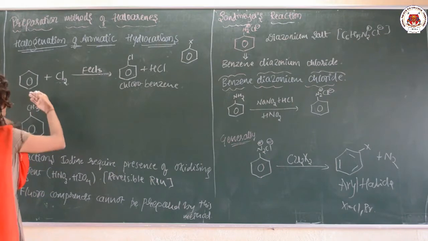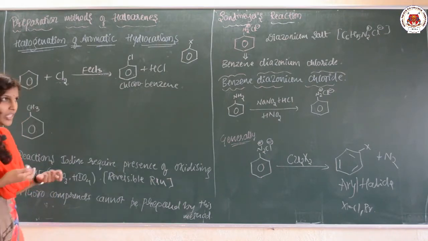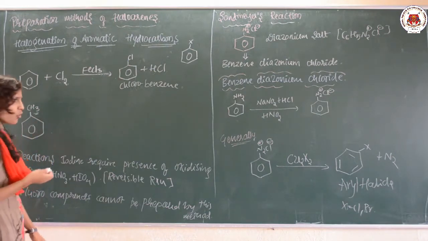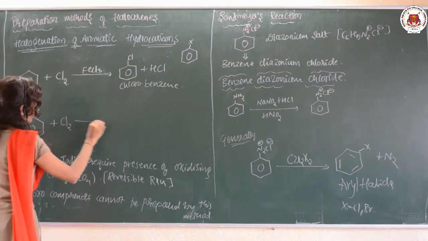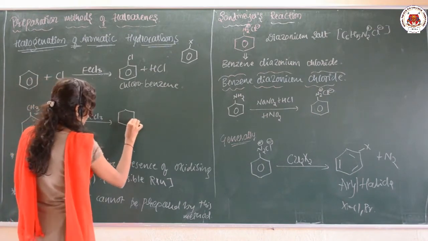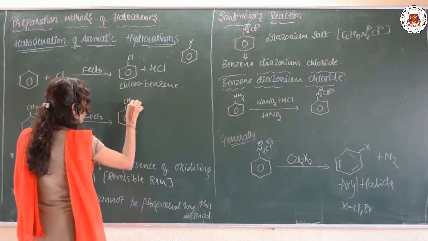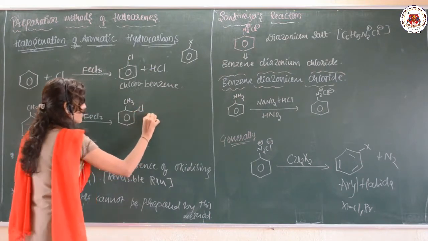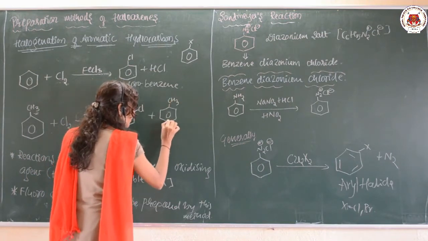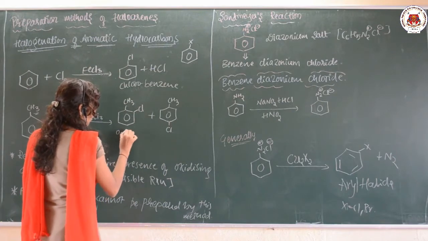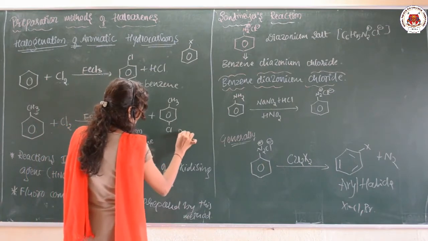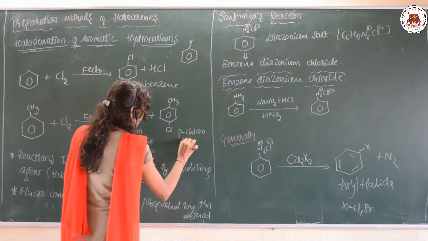Sometimes, instead of taking the benzene, you can take a benzene derivative like toluene. If I am taking a CH3 group attached to the benzene, that becomes toluene, and again add the halogen like chlorine in presence of FeCl3 in dark and cold condition, you are going to get ortho and para products like this. This is ortho-chlorotoluene. This is para-chlorotoluene.